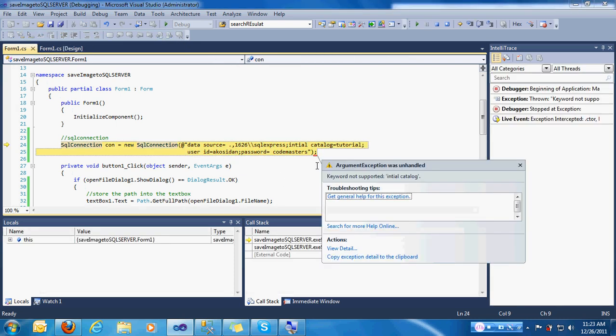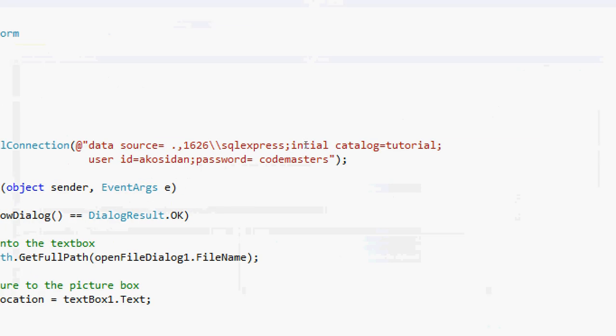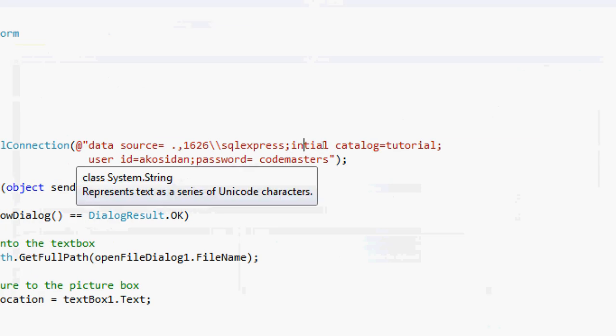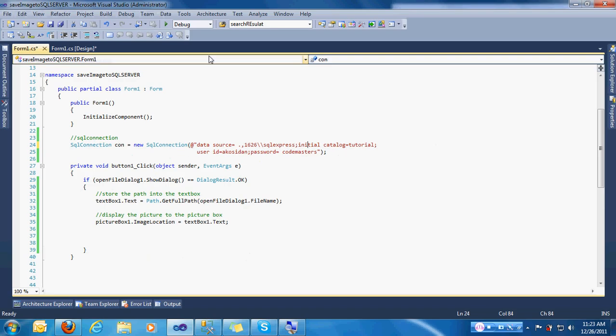Oops, I have misspelled something in here. That should be Initial Catalog, but I forgot to place the I. It said "nitial", that should be "Initial". So I guess that's a typographic error. Okay,